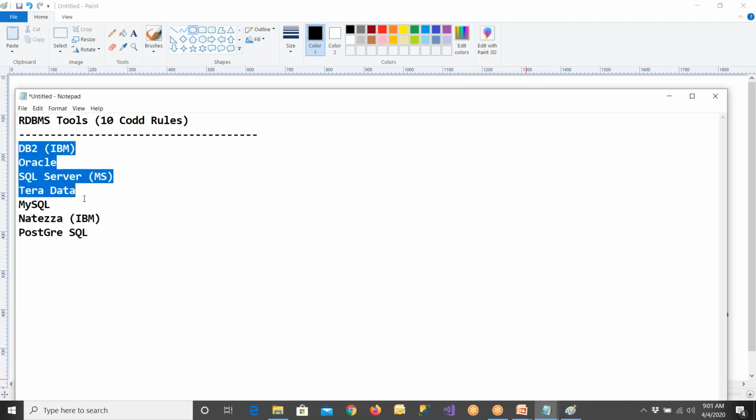If you learn any software, you will also learn a language. Which language will you be learning? SQL, the Structured Query Language. When you learn DB2, you should learn this language. If you learn Oracle, you should learn this language. If you learn SQL Server, you should also learn this language. Remember, SQL Server is a software, SQL is a language.